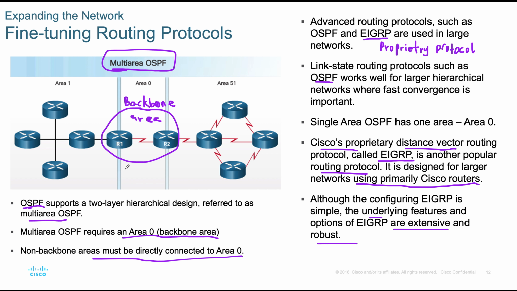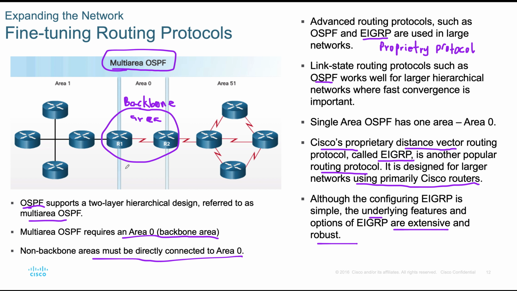And remember we said when you have a backbone area, you must develop the STP, the spanning tree protocol, in order to avoid looping of the network. Since we call it the backbone area, the multi-area OSPF requires a backbone, what we call area 0, to be developed in designing a network. You have to design the backbone area, and then the non-backbone areas must be connected directly to the backbone area